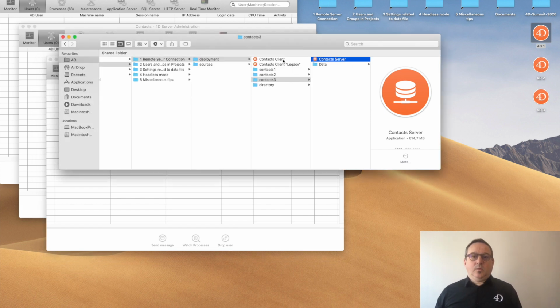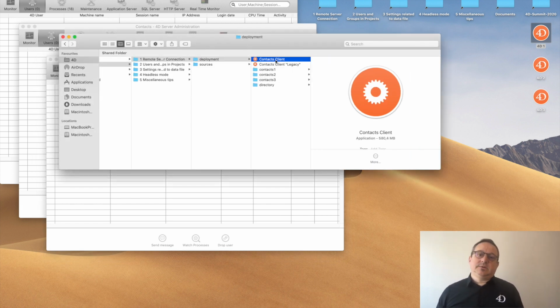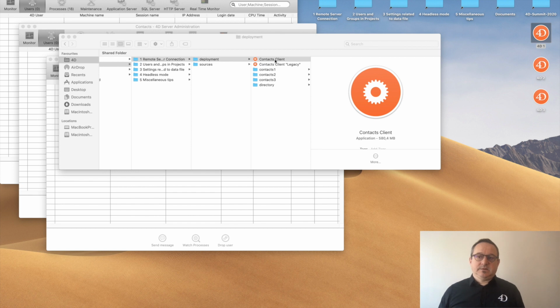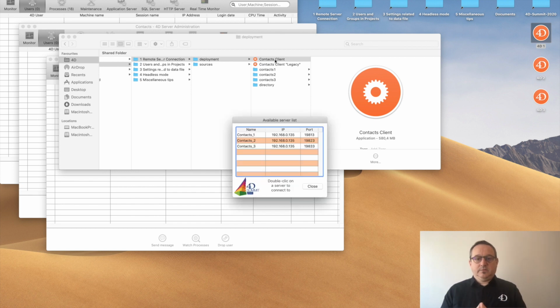So when I use my contacts client, as I said, it will run first the connection application, so the connecting dialog. The dialog checks from the directory server all the servers available, and you have the list.